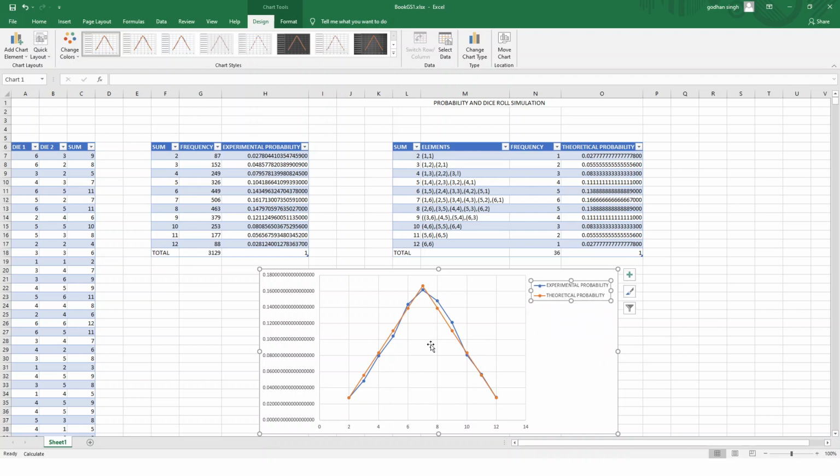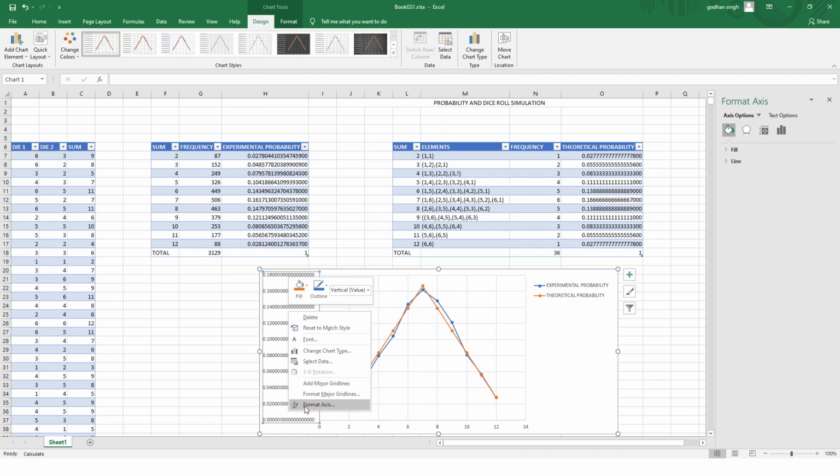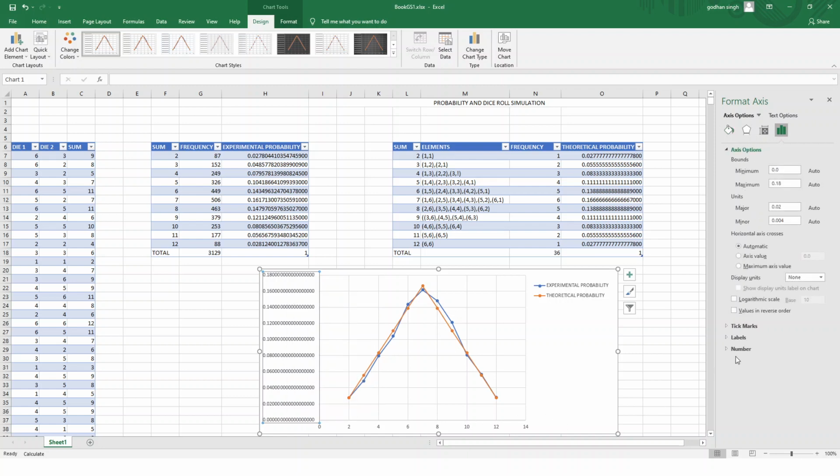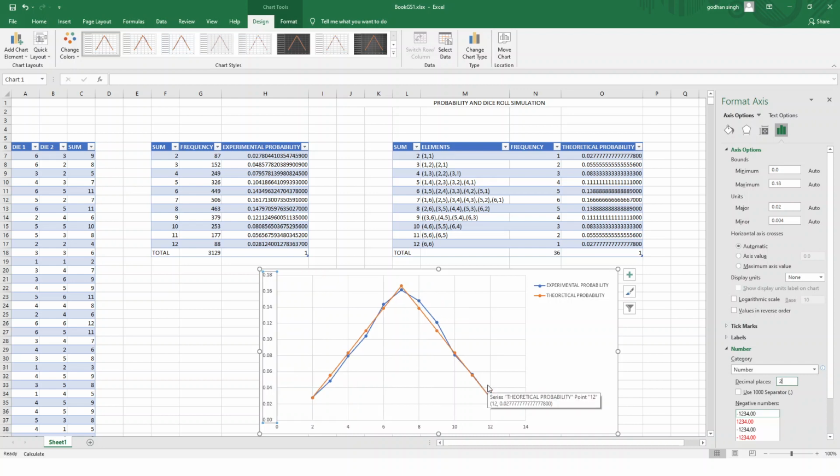So this is what we have done. Now the chart is showing the experimental probability and theoretical probability together on the same chart. But here if you see along the y-axis, these all are probabilities, and after 2 decimals all are zeros. So what we can do for this one is just click on this and click on format axis. After that we'll go on number. Now here, as already told, after 2 decimals all are 0, so they are not of any importance to us. We'll reduce that. So 18 means only 2 are required, so we'll delete all this and write there only 2 and then press enter.